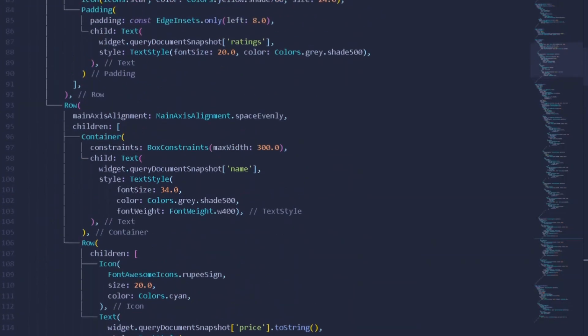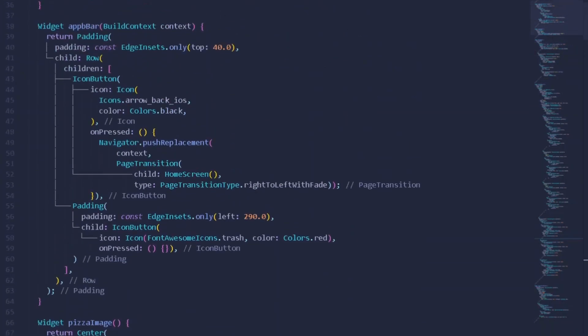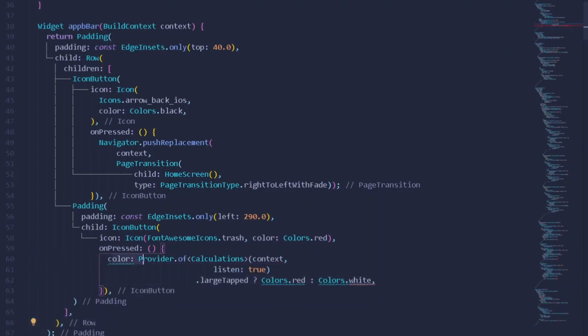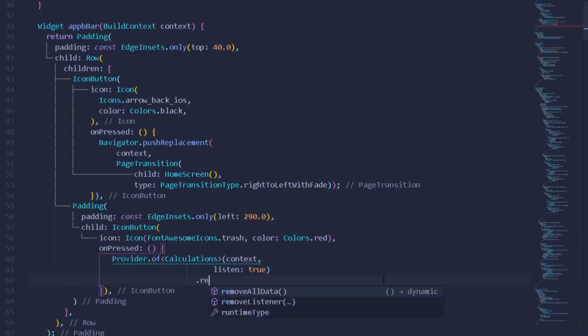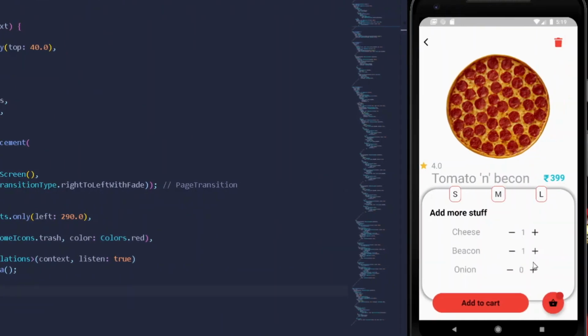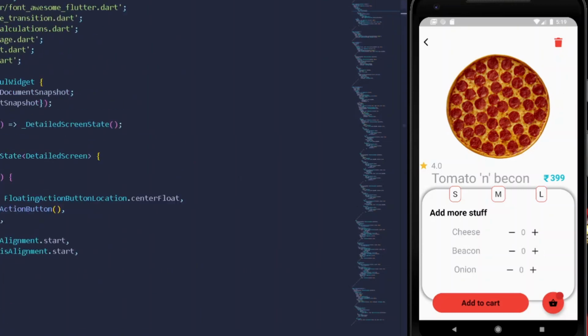So for removing all the data, we can simply go up under our app bar, which is here, and here we can simply paste the option. Alright, we don't need color, and here we shall be simply removing all of our data. Cool. So now let's test it out. If I increase my data and press this, alright, let's make it false. If I increase it, it will be deleted. If I increase this, delete this. Cool. So if everything is done, I can simply select the small one, add some cheese and bacon.